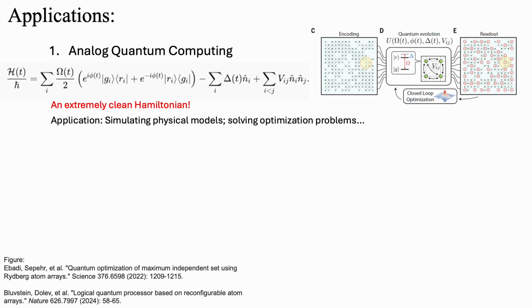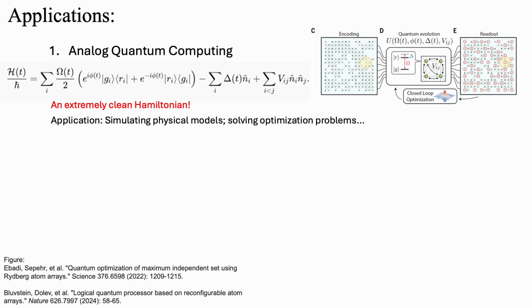And this Hamiltonian is extremely clean and easy to control. It can be used for simulating physical models and solving optimization problems. For example, in this picture, I show an example of solving the maximum independent set problem using QuEra's Aquila